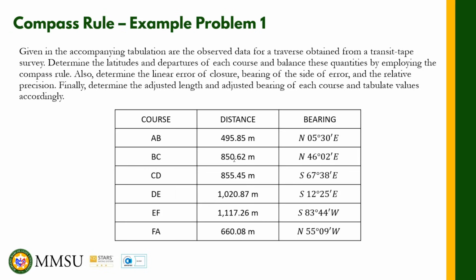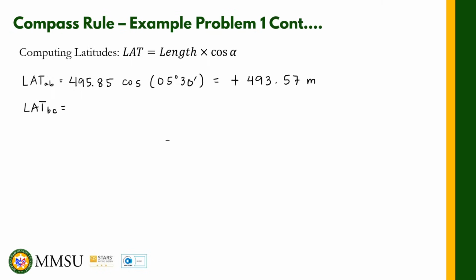I-multiply nyo lang 850.62 multiplied by the cosine of 46 degrees 02 minutes. This is north. Ibig sabihin, our answer should be positive. Should be 590.93 meters. I mean 53 meters. Okay, sorry. 590.53